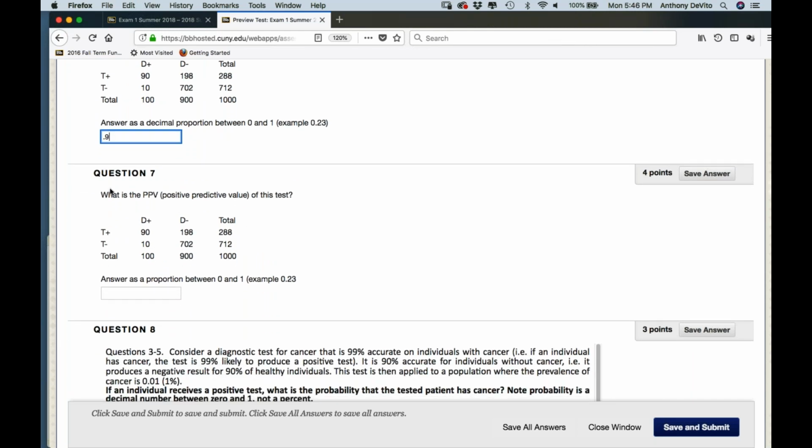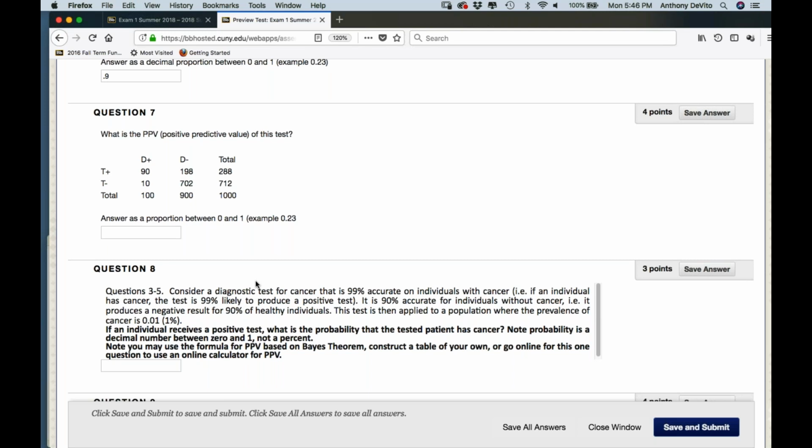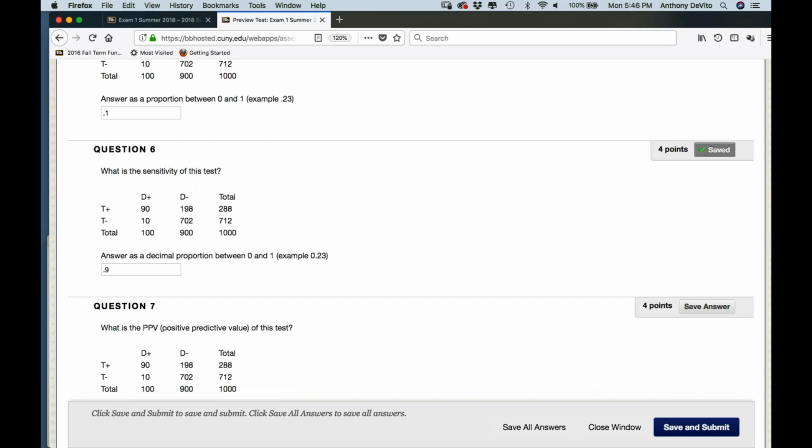Now, what's the positive predictive value of this test? The positive predictive value refers to the probability that you actually have the disease if you test positive. Well, I skipped over a couple little things here. One of the things I skipped over is the specificity of this diagnostic test. Specificity tells you how good this test is at identifying people that don't have the disease. If you don't have the disease, you want to test negative. So you want to know what percentage of people are going to be true negatives, are going to test negative